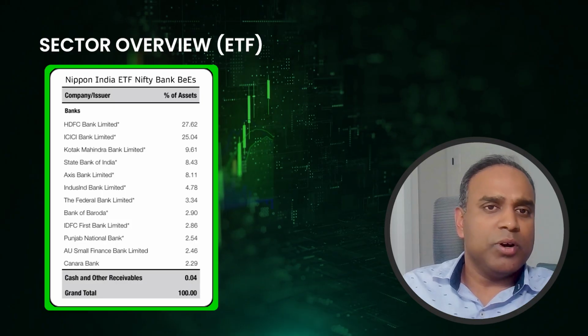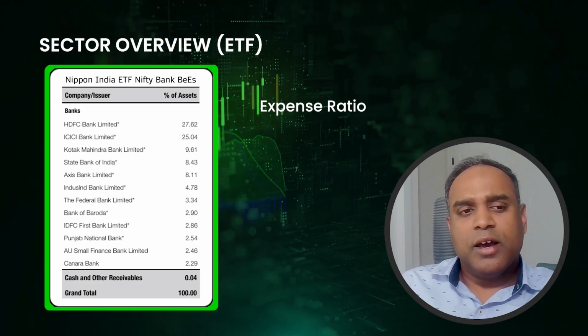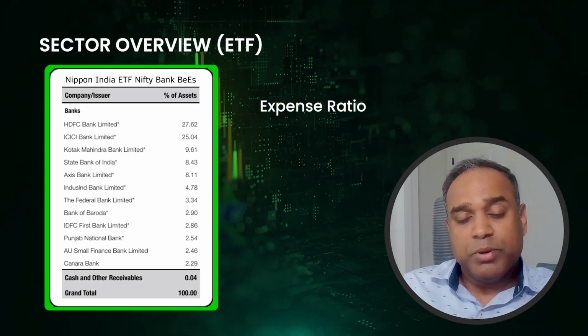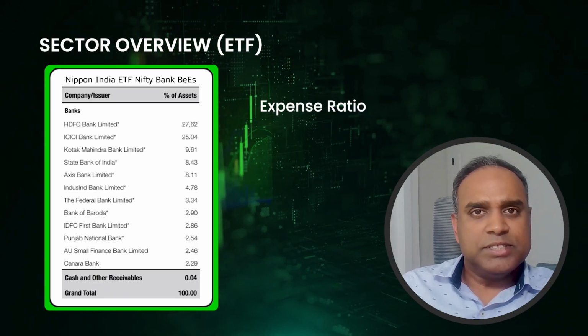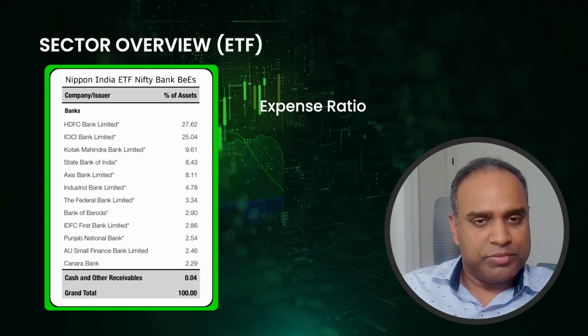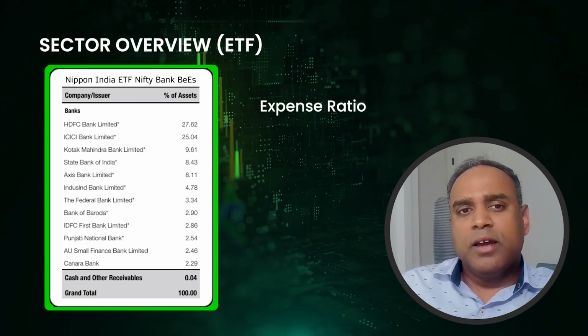There is a little bit of a cost to it, which is called the expense ratio, which will be presented to you when you're investing in ETFs. But that expense is just to cover the cost of the fund managers and everything to manage these funds. The other thing which is beneficial with ETFs is convenience. Instead of me taking the time and buying all these 12 different bank stocks, I can put it into this ETF and get exposure to 12 different banks. So the convenience factor is there as well.